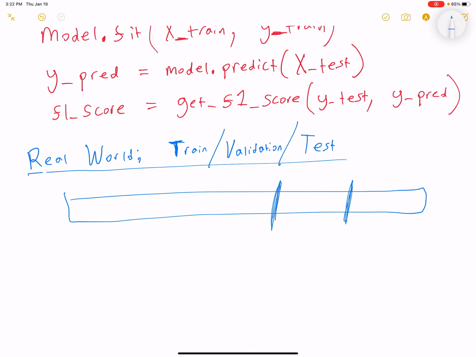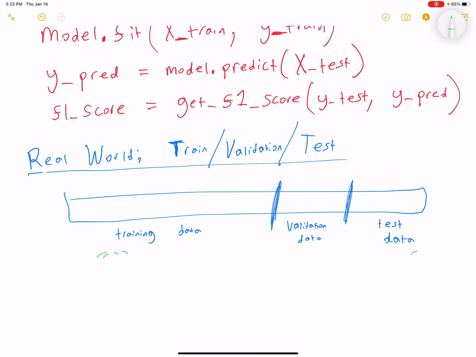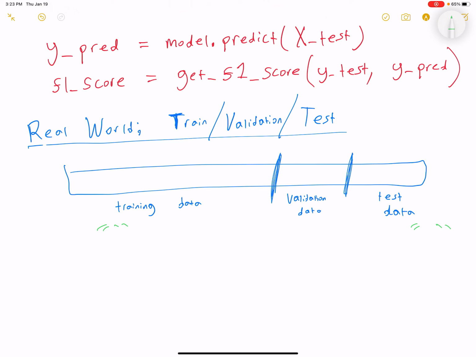Typically, the training set's much larger than the validation and the test set. So this portion might be the training data, validation data, and test data. What we do with the training data is the same as before, same with test data. So I'm just going to put quotes there, same as before. What we do with the validation set is tune our